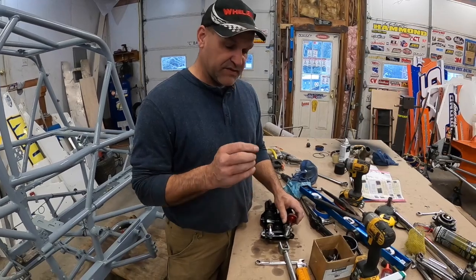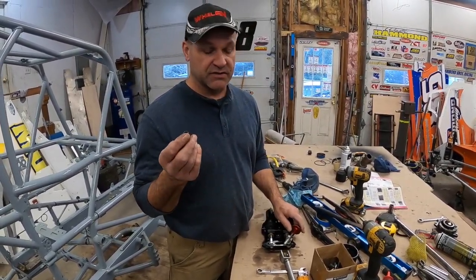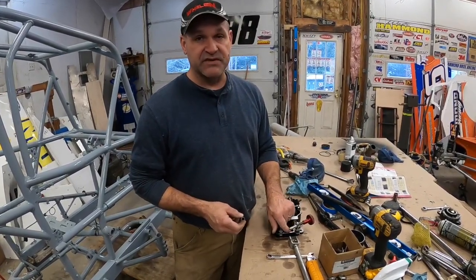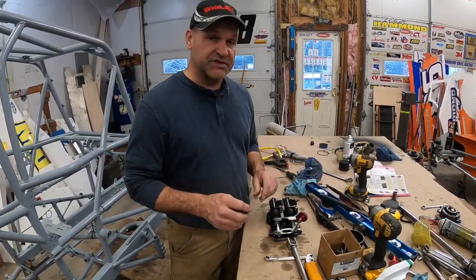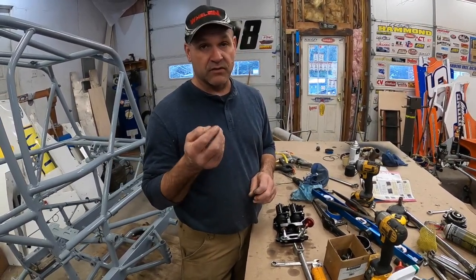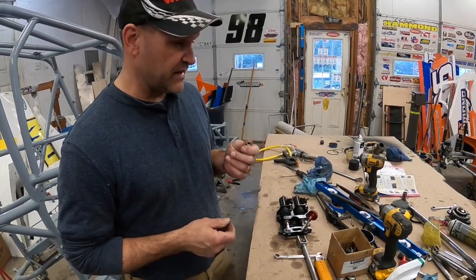But this is one of the other things that we've discovered with these. They're a really nice unit, but you've got to really make sure that you clean them in the off season and blow them out during the season. For some reason, if your brakes are funky, every little tiny thing will change it, and that could be the difference whether you pass the guy or you don't, or you get the car set or you don't when you want to. So that's kind of the tedious little things that we do,